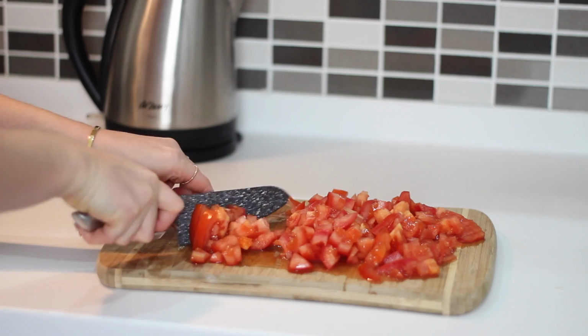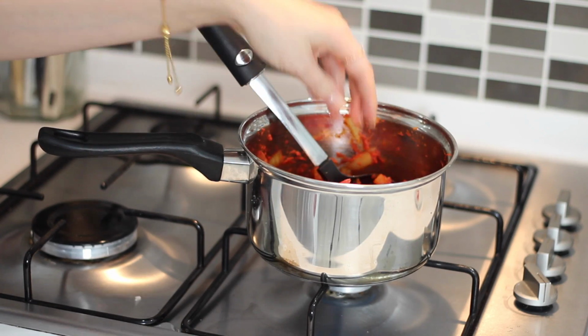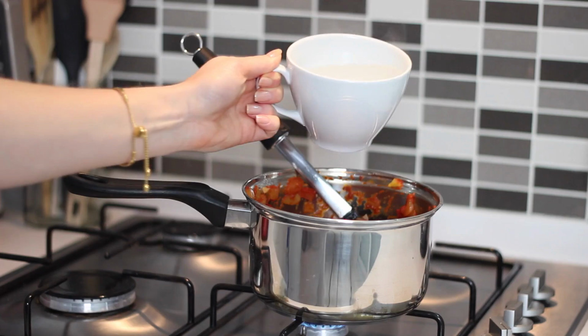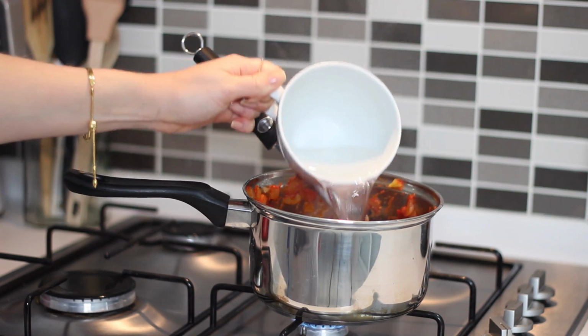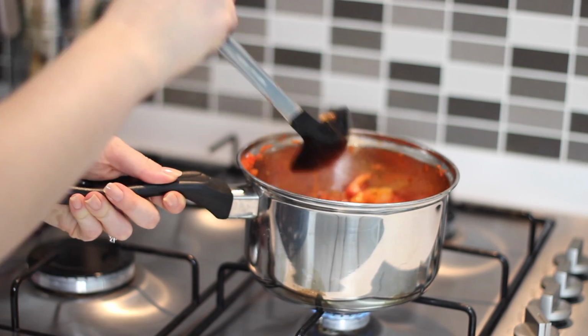and I next took 3 large tomatoes, chopped those up, and then they also got added in. I mixed them in well, and then I also added in 1 cup of hot water and seasoned it with salt and black pepper. I left that to simmer for around 20 minutes, and then just before it was done